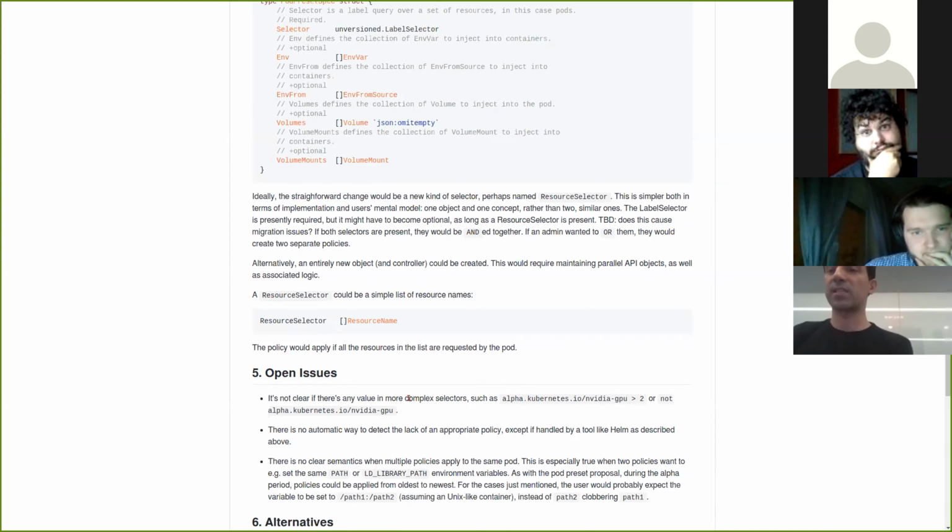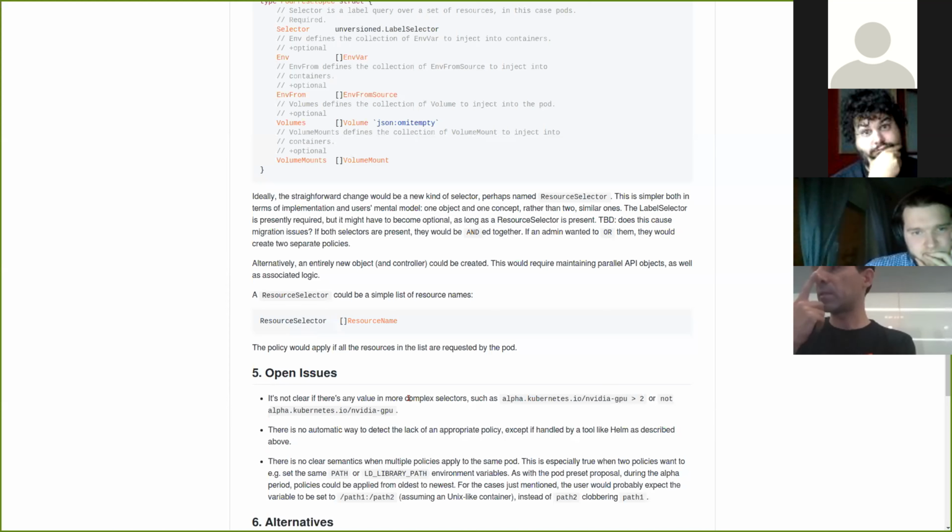And the user is going to expect that you concatenate the two, but for that to work, you have to make a lot of assumptions about whether you are running a Unix container and so on. So it's not an easy problem. I don't know that there's an easy solution to that. And also there's overlap